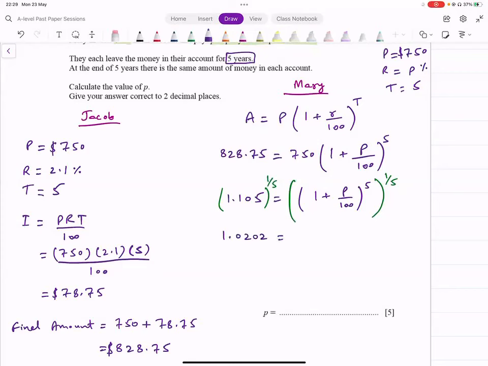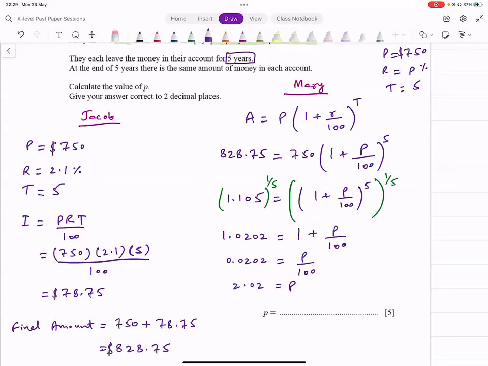On the right side, you see you've got 5 here, you've got 1/5 here, ये तो cancel हो जाएंगे, you're just left with 1 plus P over 100, ठीक है? अब 1 लेफ्ट पे चला जाएगा, and that's going to give you 0.0202 equals P over 100, and P is going to turn out to be 2.02। ये आपके पास P की वैल्यू आ गई, तो P की आप वैल्यू आप वहां पे लिख दोगे,